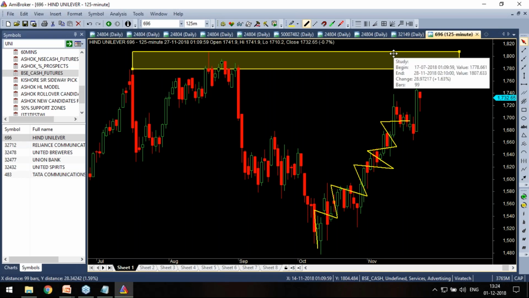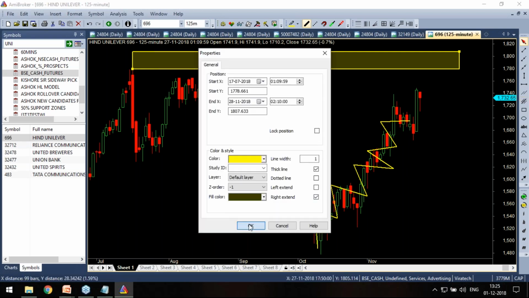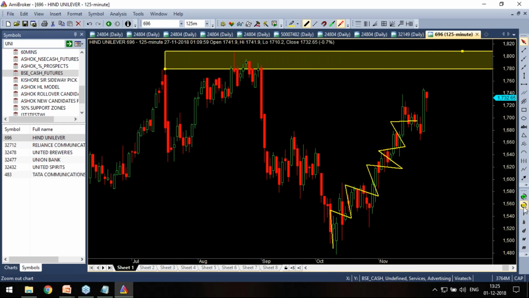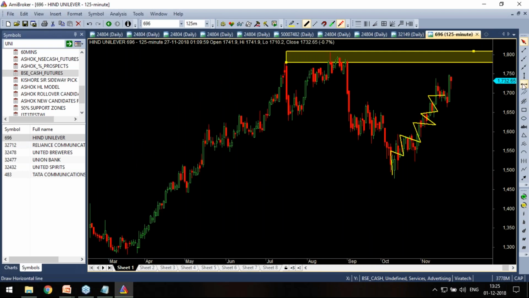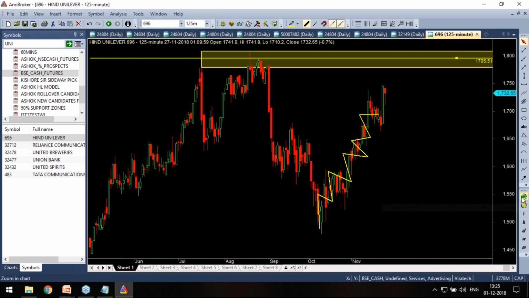Percent 63%, 1778. Okay, I am hoping that because of the way this compression is happening, price should react from this top. The only thing is I want to see what this price did before this point. Okay, it's a lifetime high, no problem.